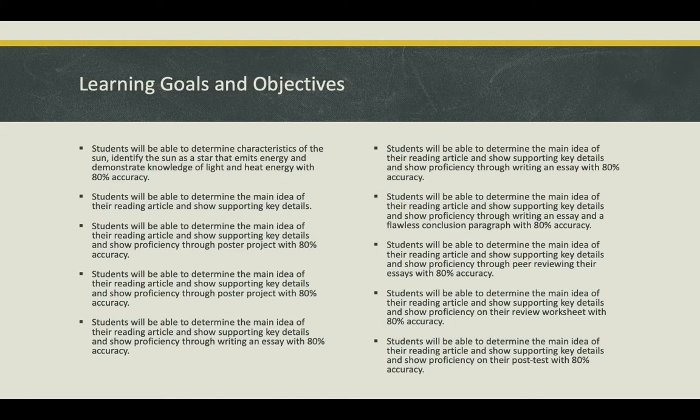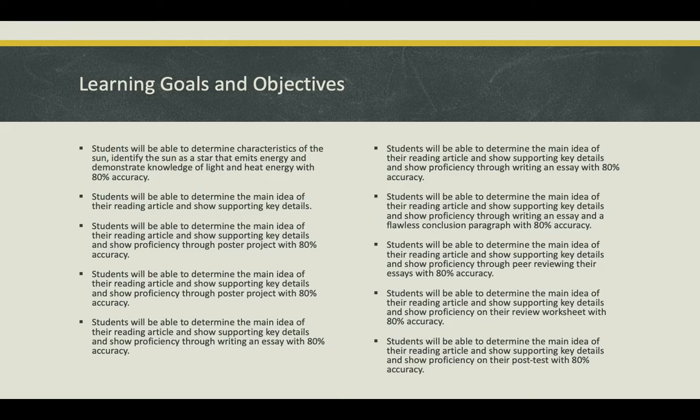Here are the learning goals and objectives. So students will be able to determine characteristics of the sun, identify the sun as a star that emits energy, and demonstrate knowledge of light and heat energy with 80% accuracy. So that was sort of my main objective, and then I had